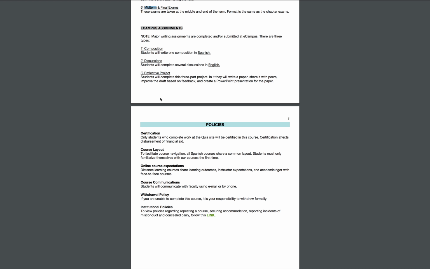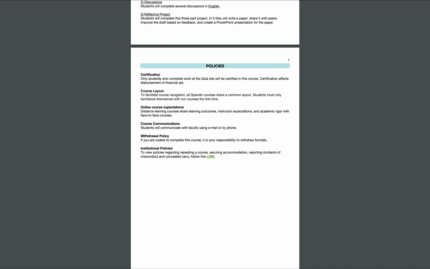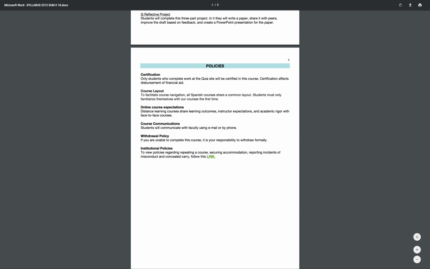These are the eCampus assignments that we've discussed before. And just as a general comment regarding plagiarism and collusion, you are meant to work on your own. Some of the exercises, especially the ones where you'll be recording, will ask you to work in pairs or in groups. Assume you will always work individually.